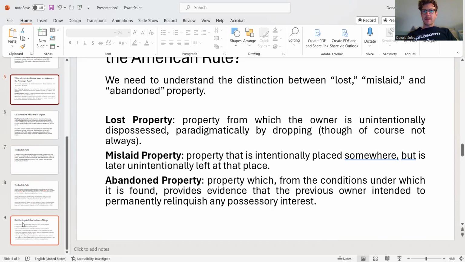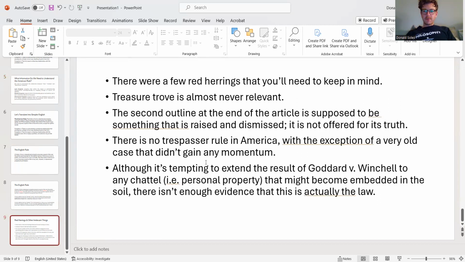Now, the rule statement will require some judgment because you'll have to figure out the jurisdiction. Usually that should be clear from the facts. The facts will usually tell you whether something happened in America or in England. And so you can, based on the facts, pick the rule that's more relevant. Now you know what the rules are. You know the American rule, in which the court will be most interested in whether something is lost, mislaid, or abandoned. And you know the English rule, in which the court will be most interested in determining whether the locus was public or private.